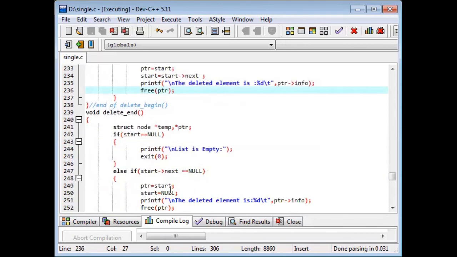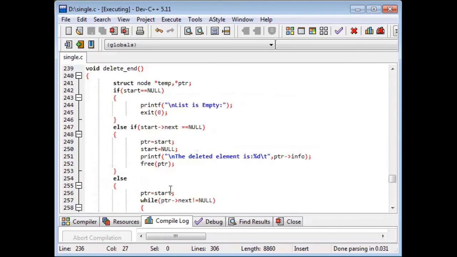Then similarly, we will see how to delete at the end also. End means, if you could remember, as per the algorithm, we need to move till the end where you will find your address pointer as null. Then the previous node of that null node, you need to assign its address part to null and finish off. So that the last node will be deleted. Same logic only we have used here.